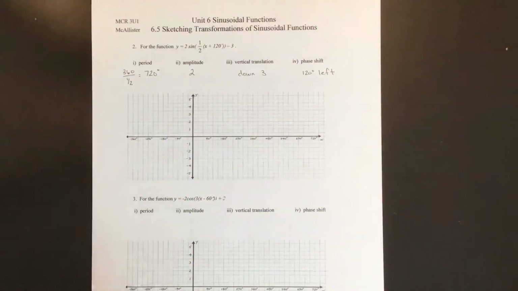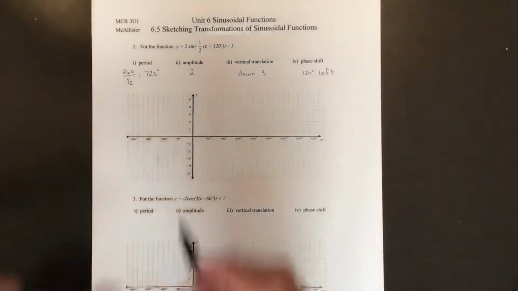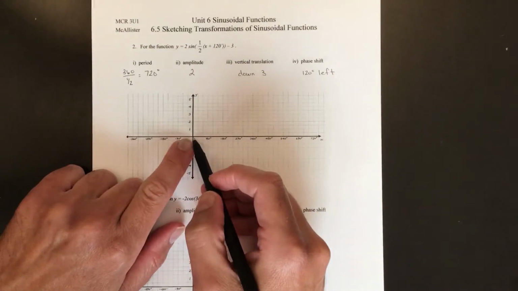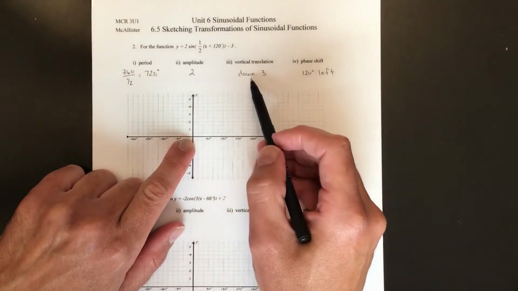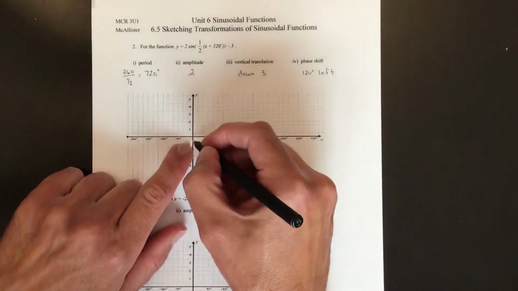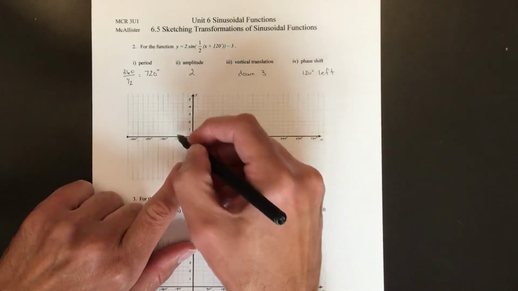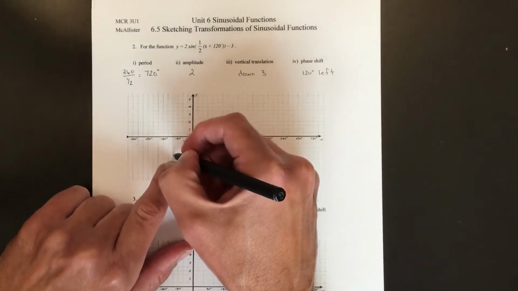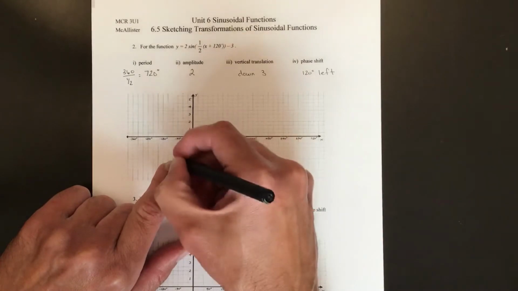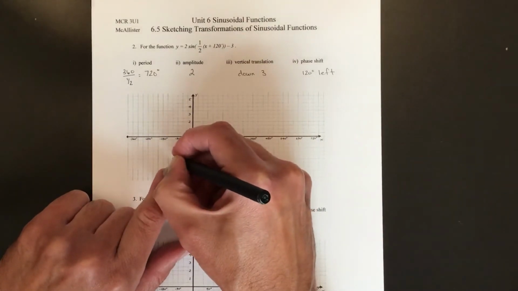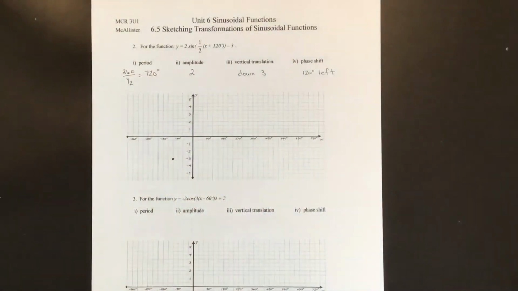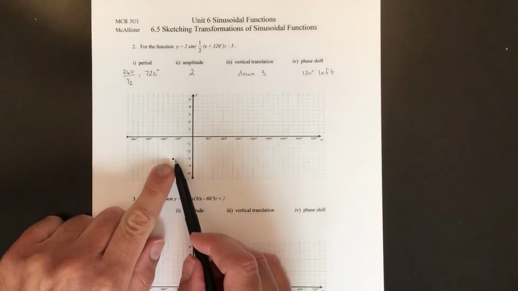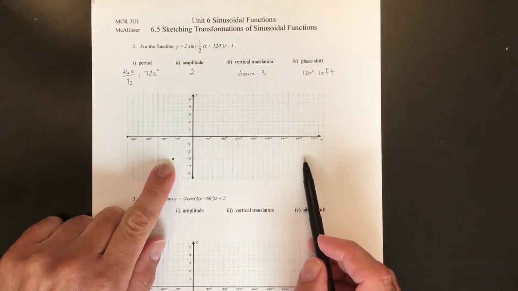Now I'm not going to draw the parent function in this case because I'd already done that on the previous question. So we know that we start at 0, 0 for our parent function. I'm now going to go down 3 and 120 to the left. So I go down to negative 3 and I go to negative 120. And I put my first dot there. The period is 720, which means that from this dot, I have to go over 720 degrees for the end